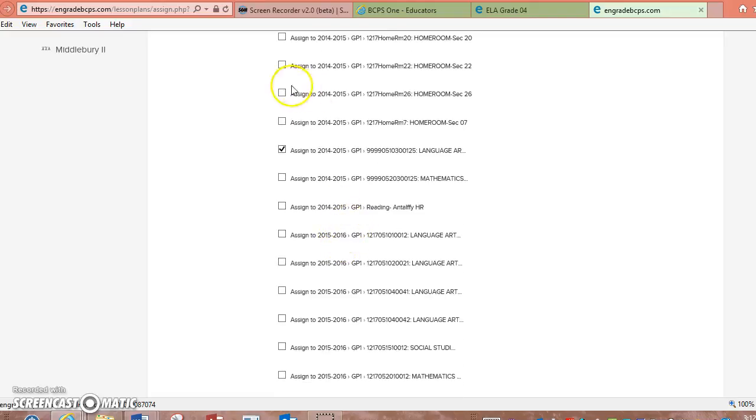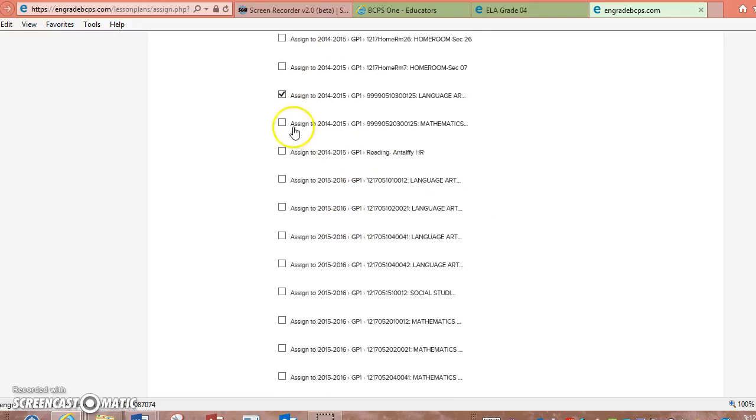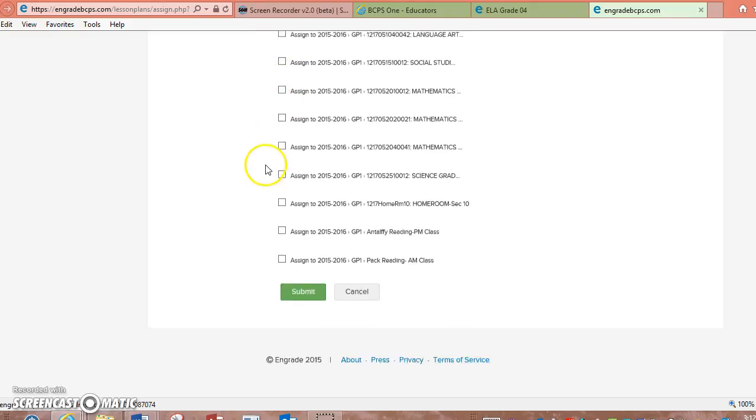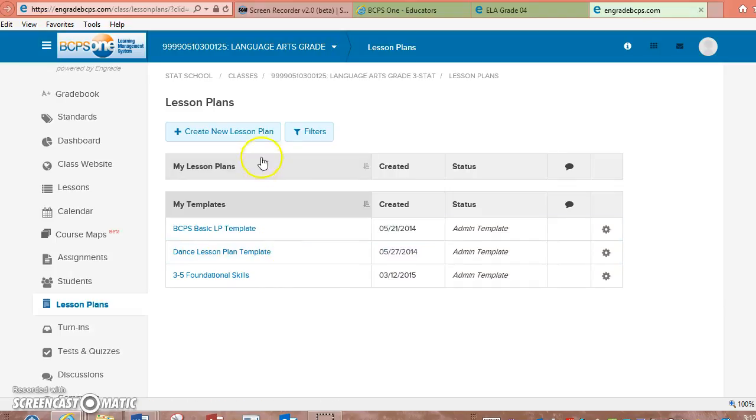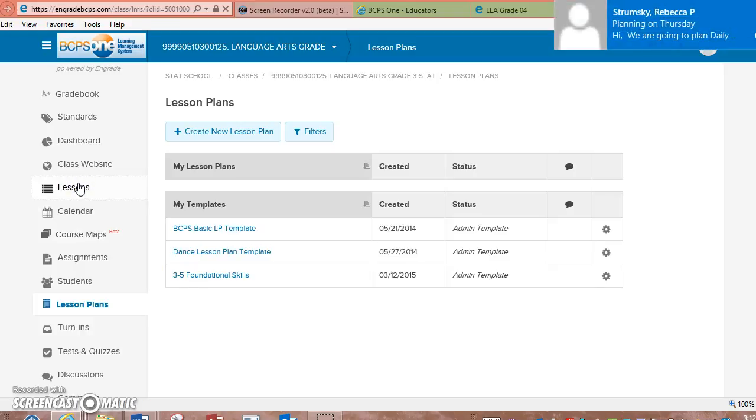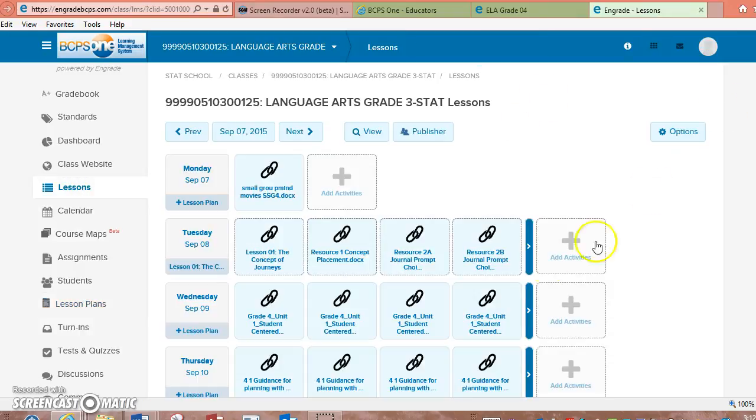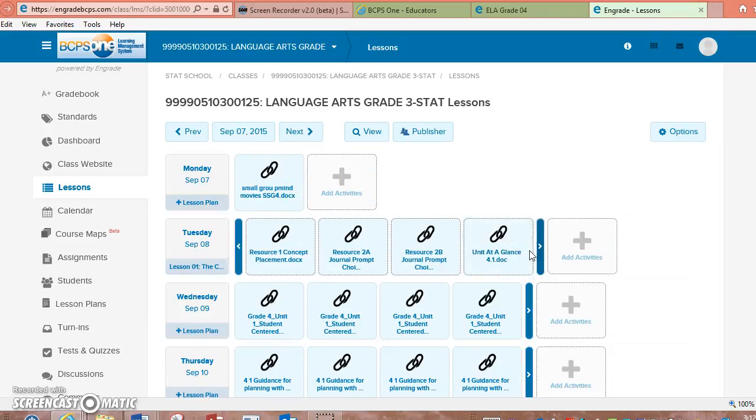If I want to assign it to more than one class, I could do that as well. So if I wanted to assign it to my Stat Math class, I could do both at the same time, but in this case, I don't want to assign it to my Stat Math. So then I'd hit Submit. Then I can go double check at my lesson tile. And you will see that today, that Augie lesson, if I keep scrolling over,